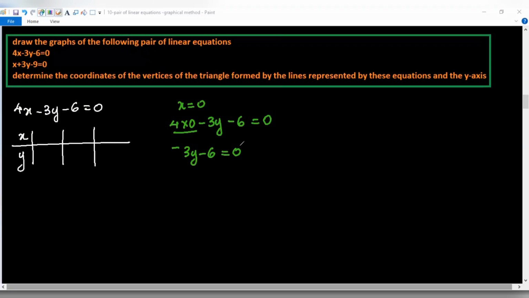Or when we take this minus 6 to the right side, it will become minus 3y equal to 6. That is, y is equal to 6 by minus 3. That is -2. Okay, we got a pair of integers which we can represent on graph. So x equal to 0 and y equal to -2. So another pair we need, no? Let us try another pair of values, or say what happens if we give y equal to